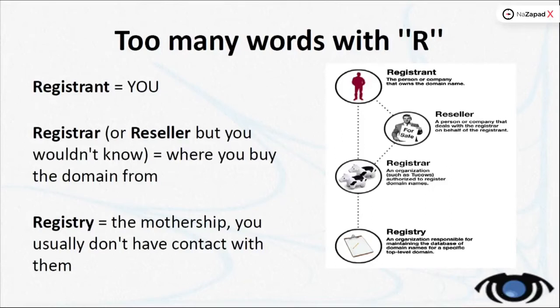So, the registrant, that's you, the owner of the domain, and you get it from a provider, which is called a registrar, which is confusingly similar. But if you made a poor choice of where to buy the domain, you can have a middleman called the reseller, which is not directly accredited, but just charges you more for being an extra proxy. And the registry, another surprisingly similar word, so that's very confusing, is the mothership that manages the extension, and you usually don't deal directly with them unless there are some problems.